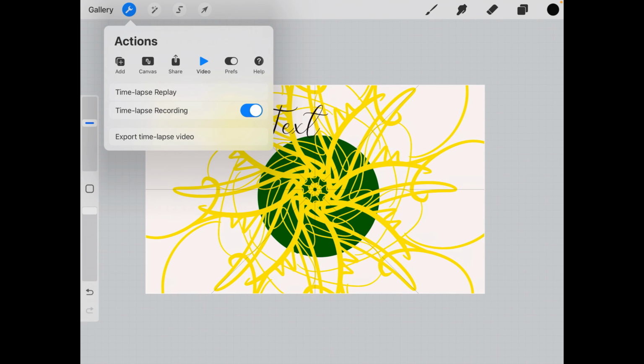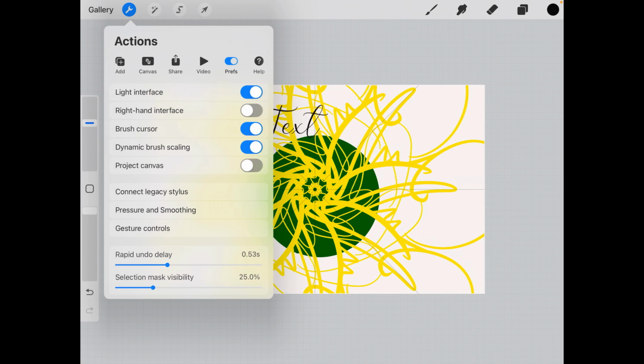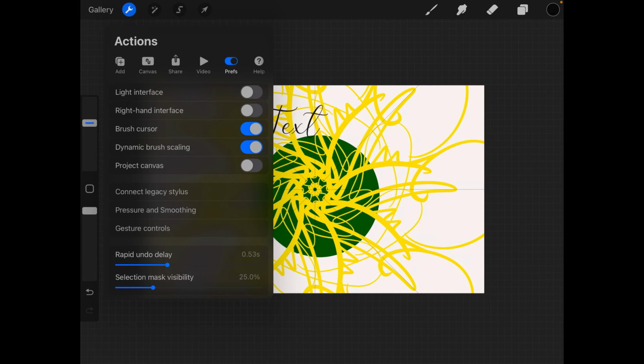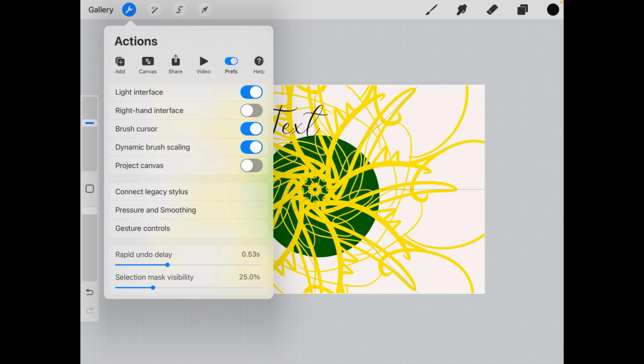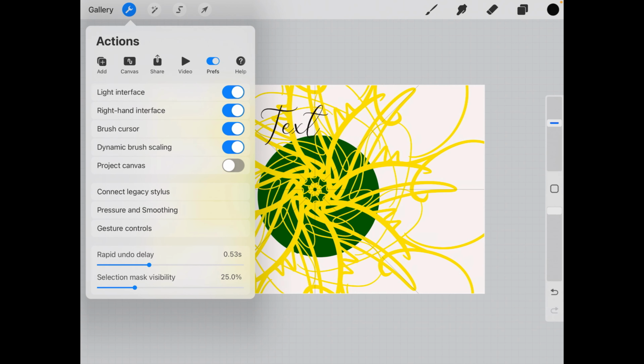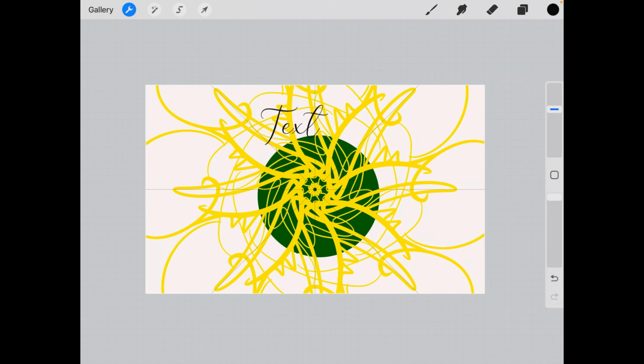Yeah, so next we have preferences. In preferences, this is where you can switch to light or dark mode. I actually like the dark mode. For now I've kept it for light. Then you have right hand interface, which will basically move this bar to the right. Okay, and when we are here, can you see this small square in the middle? So if you click on that,